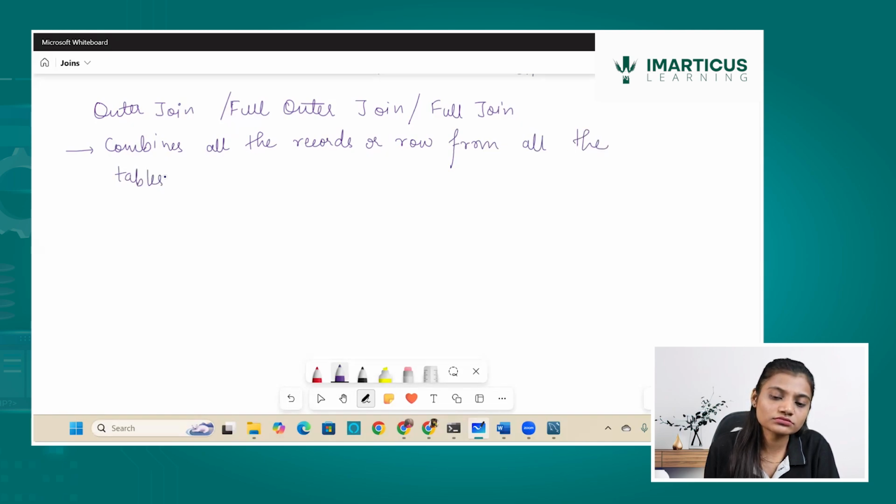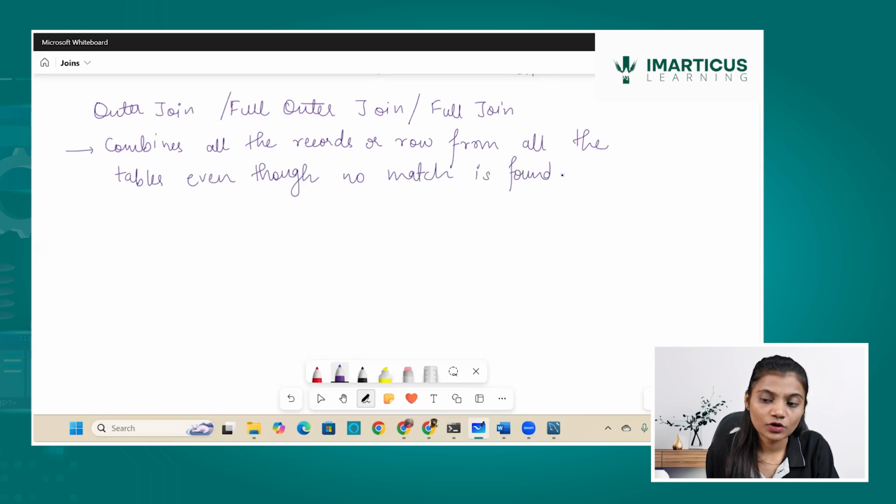So whatever tables you have been using, it will combine all the rows from the tables even though no match is found. Even though there is no matching element between them, it is going to consider all the entries. Let us see with an example.